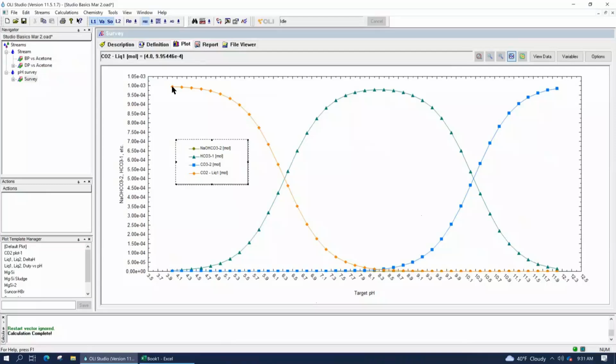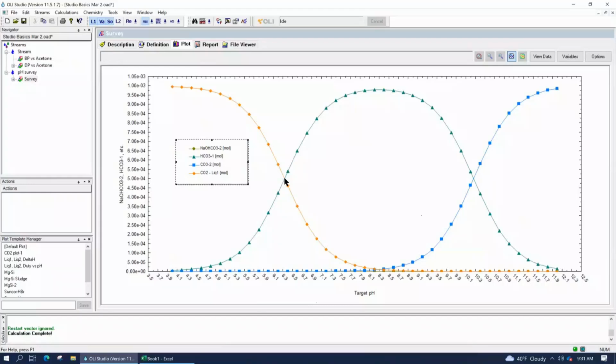Okay. By about 6.3 pH, the concentration of carbonic acid and bicarbonate ion are the same. That point actually is important because that's what they call the pKa of the acid. That's like your acid dissociation constant.